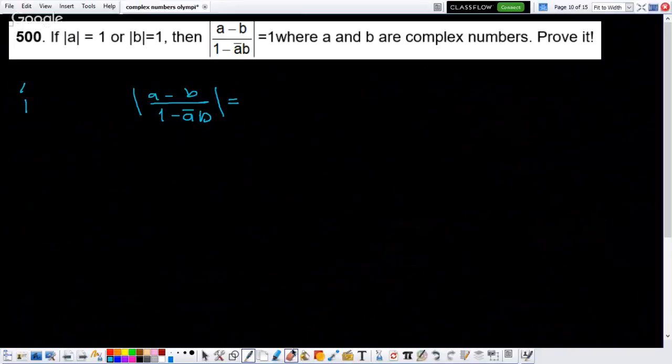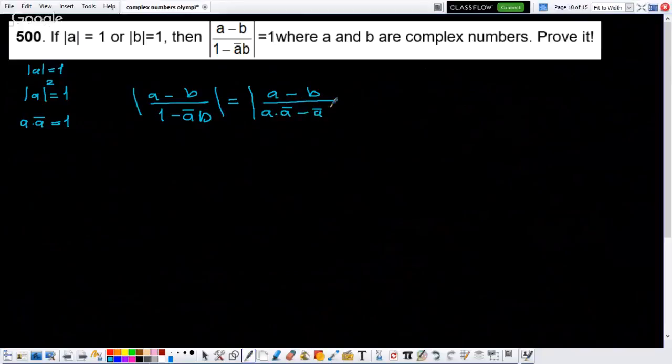Okay, this is okay now. If the module of A is equal to 1, which means A times A conjugate, the module of A squared, is equal to 1, so A times A conjugate is equal to 1. So we can write it like this: A minus B over A times A